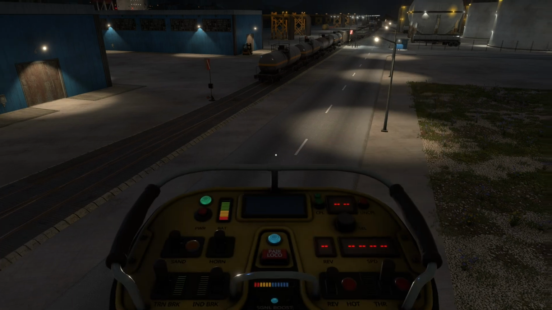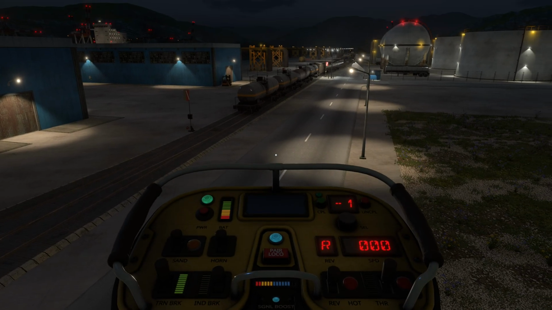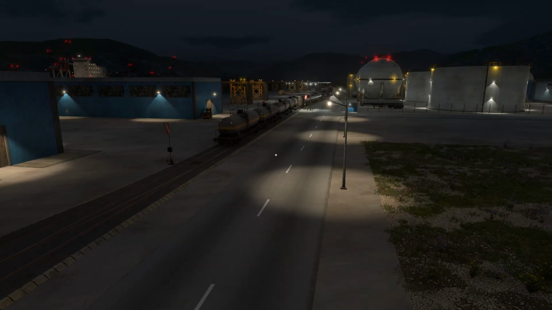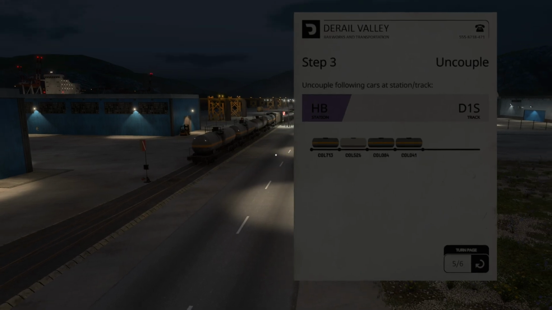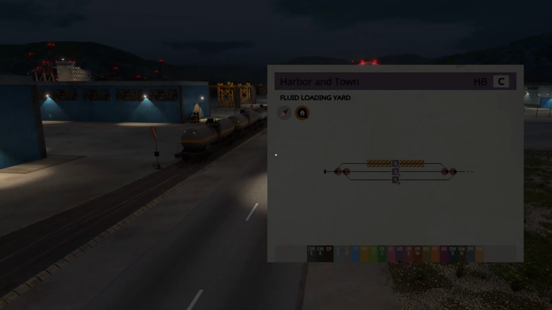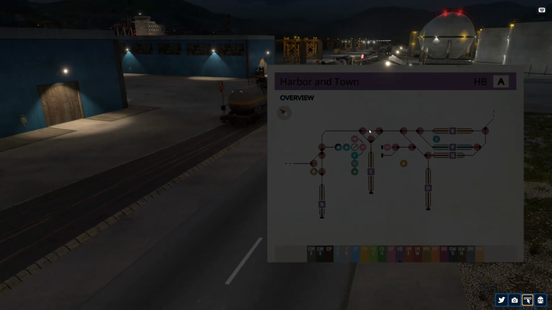Alright, so back to our thing. We're going to be reversing into D yard. So we've got our tankers on the back going into D1S. So let's have a look at D yard. In fact, we'll check firstly again on here. So we're now here. We're going to come up there,